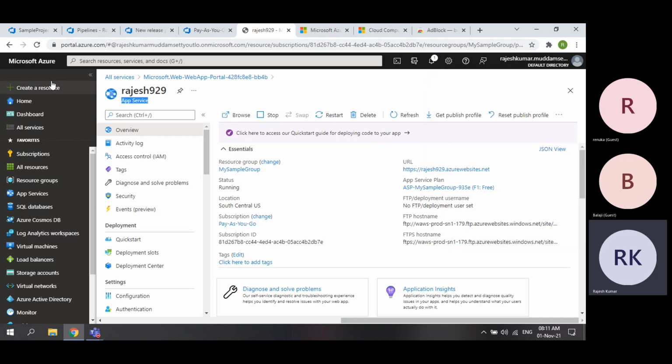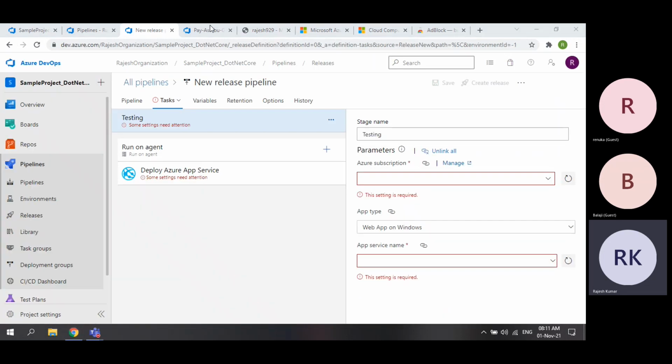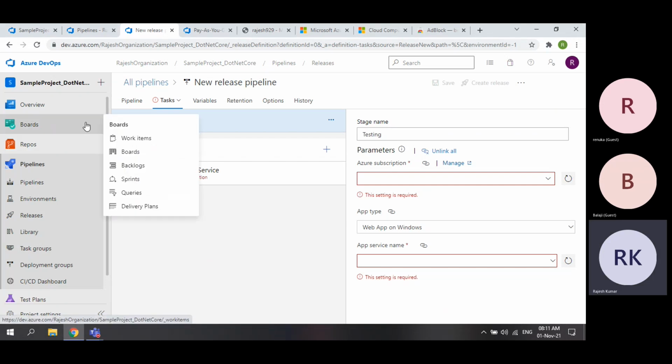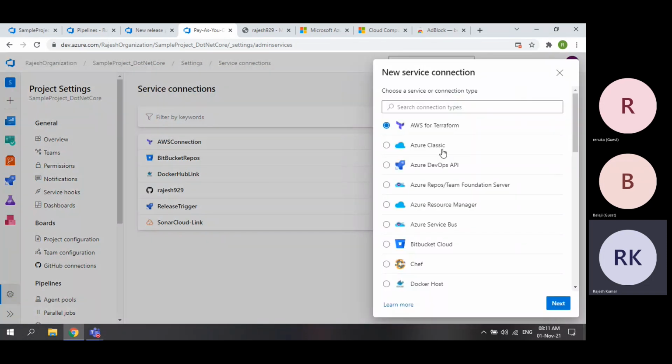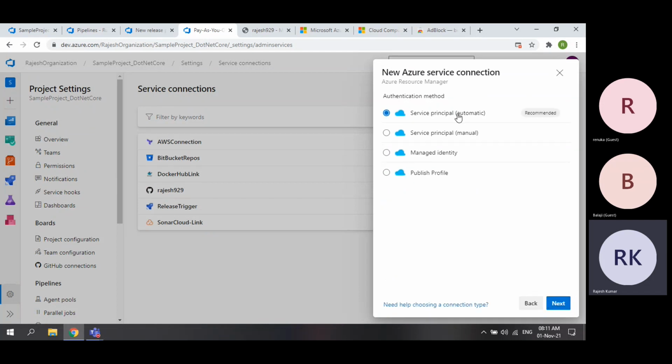So I am using the same account so that when I want to create a service connection, it will fetch automatically. See, when I select Azure Resource Manager and click on next, I am choosing automatic. Why? Because both accounts are the same.